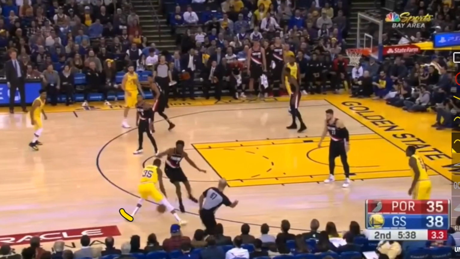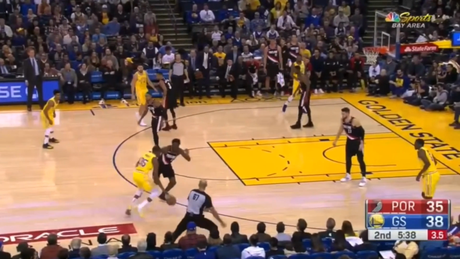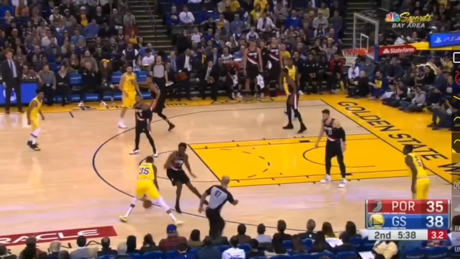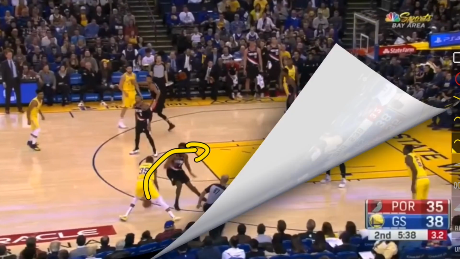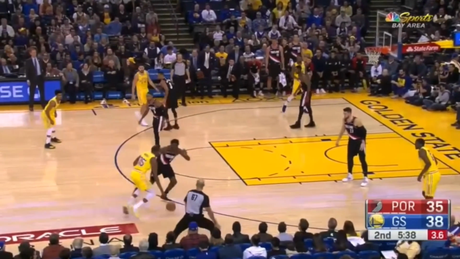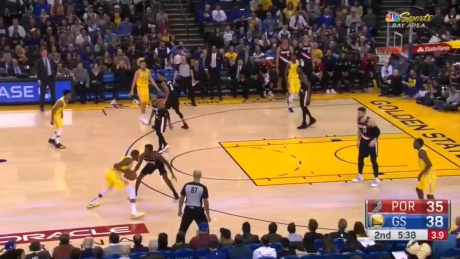He drags his back foot and he crosses over. This gets his defender to now go totally sideways, and Kevin Durant now has an open lane down the middle. And you can do this same simple move as well, and that's just a quick one dribble,